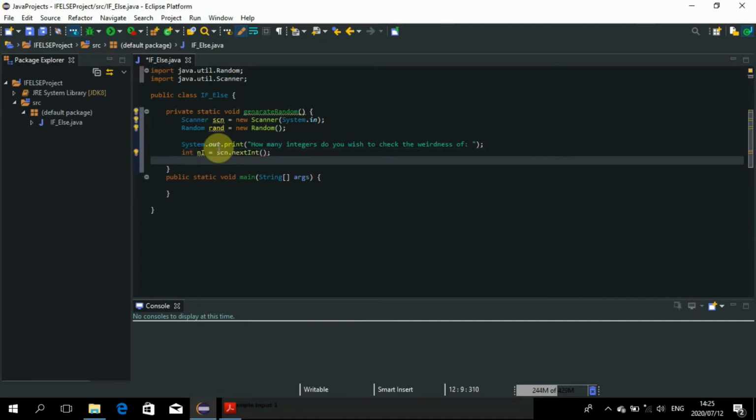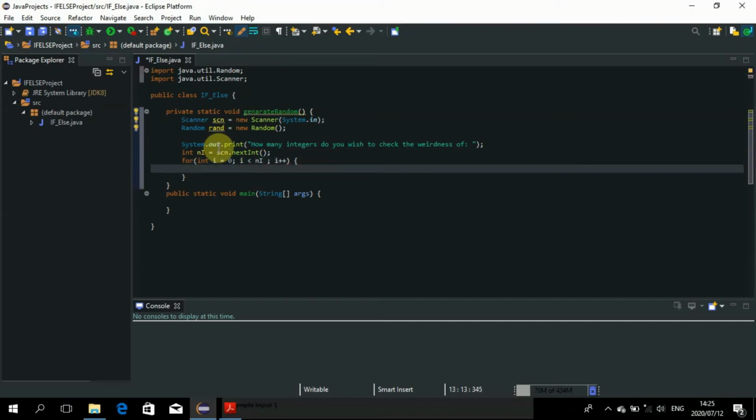Perfection. Okay, so what we do now is we're going to do the rest of our algorithm in a for loop where we're generating random numbers, where i is less than the number and i plus plus. Perfection. Okay, what's my next move? Oh yeah, I have to generate random numbers. Now they said n, the number should be n. Yeah, let's name that integer n, which will be equal to